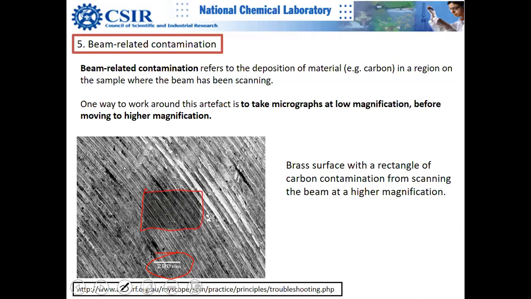And then after scanning and capturing the images, might have zoomed to a larger area. And when the person zoomed to the larger area, the person saw the artifact, because the beam had already damaged the sample during the scanning. So the better way is to